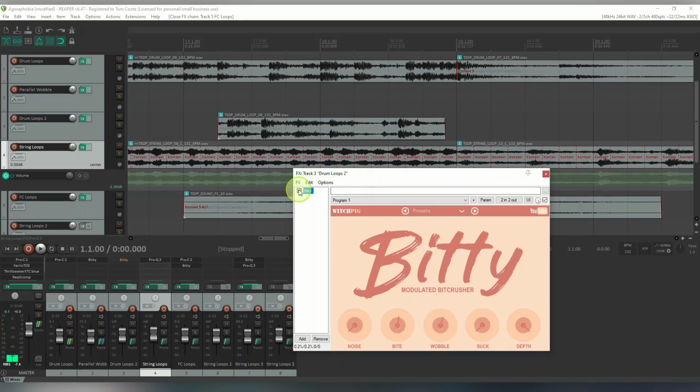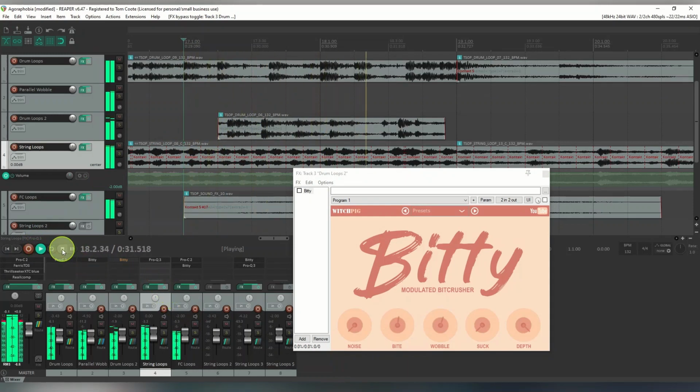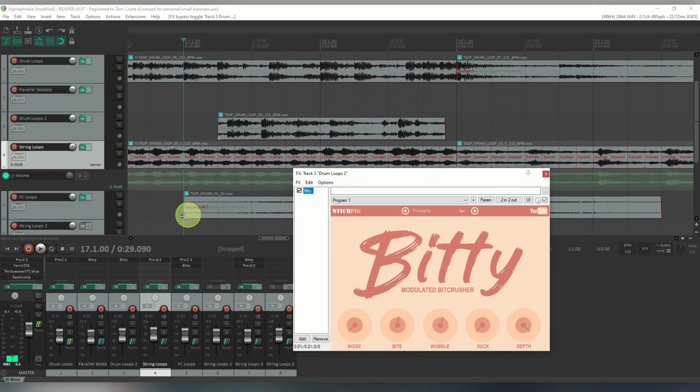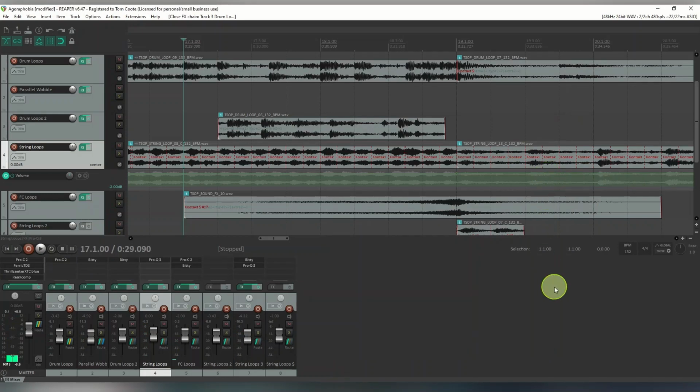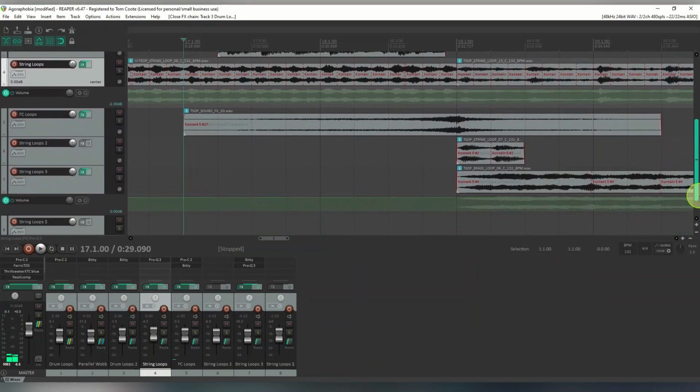So again, I'll show you with and without on just this section. So this is on this bit here. And then with it. Okay, and another section I used it on